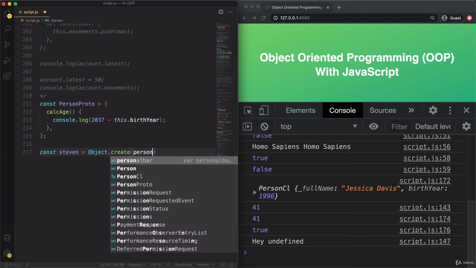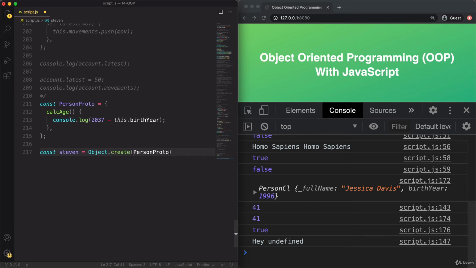So that's PersonProto. And so this will now return a brand new object that is linked to the prototype that we passed in here. So Steven is right now an empty object, and it will be linked to this PersonProto object, which will be its prototype.